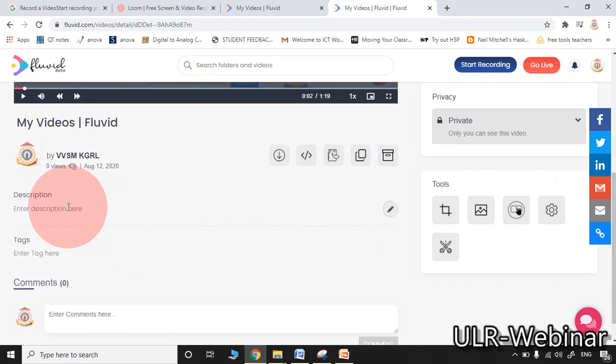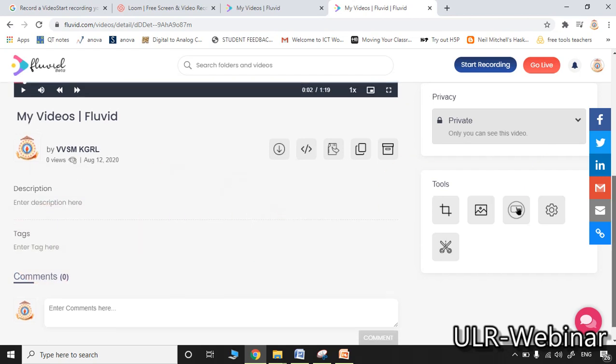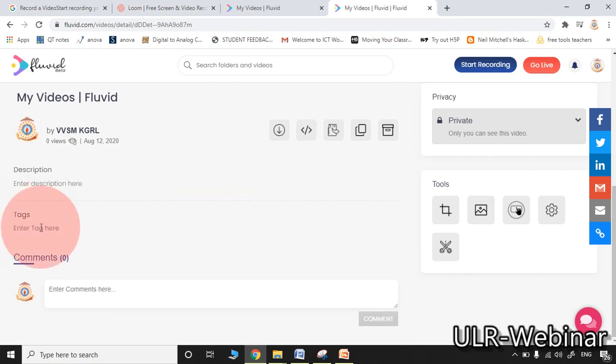You may add your description also. You may add your tags. Whenever in YouTube we are using search terms, they are nothing but the tags. By using some search words, you will identify the related videos in YouTube. Similarly, you may add tags for your video too. Even whenever you are using the public mode in the privacy settings, the viewers who are observing your video may add comments also, similar to YouTube.